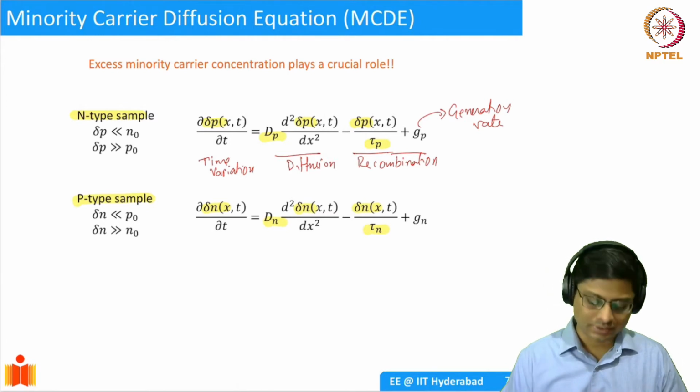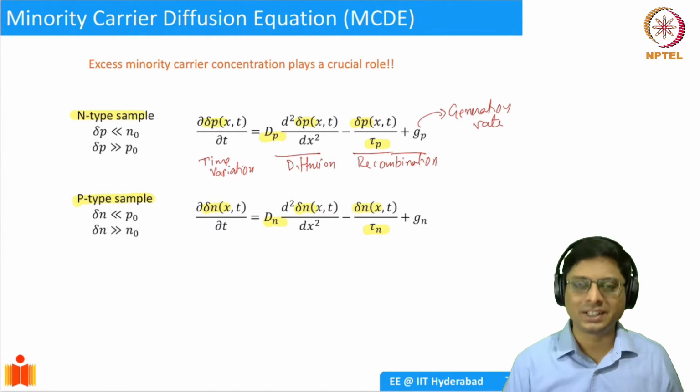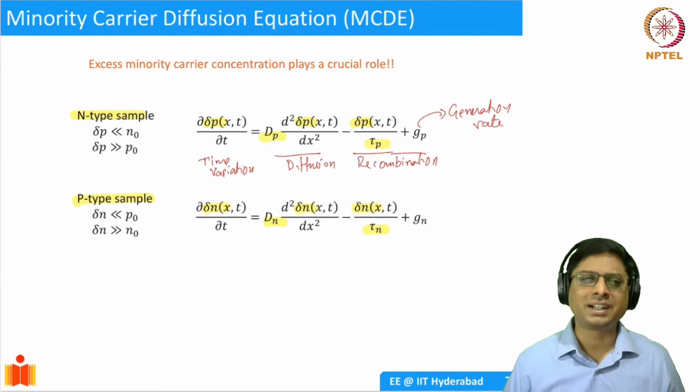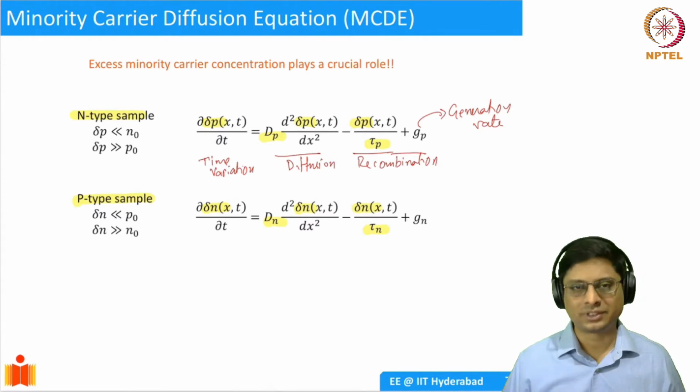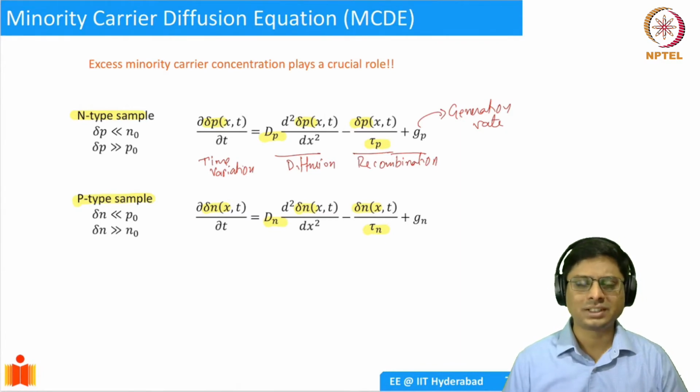Okay. I should also point out, this is a simplified version. If you want to actually solve it in devices, you also have to take into account what happens with the field, because your diffusion process is going to be affected by the field, right? That is an additional variable which I have not really taken into account. If you want to do that, it becomes a little bit more complicated and we don't gain much out of it right now. So for the physics necessary for understanding the operation of the devices, it is this. If you understand the spatial and the time dependence, that's enough. That's why I didn't put in the field dependence part of it. But it is still there.